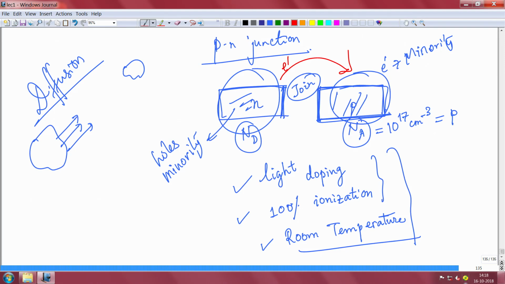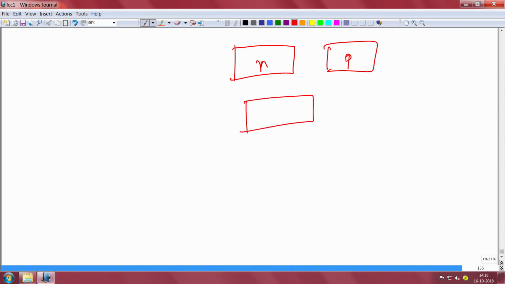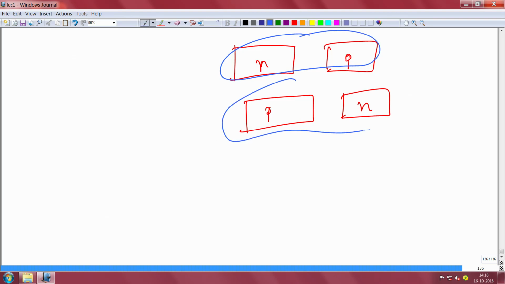So let's go to a new page and draw it again fresh. For various reasons, it's the same whether you take n on the left side and p on the right side, or p on the left side and n on the right side. Everything remains the same, of course. If I join this, it's the same as this, whether it is left or right doesn't matter, but conventionally we define this as the positive x direction. So it will be good if the current is flowing in the positive direction, because then the analysis generally becomes easier.